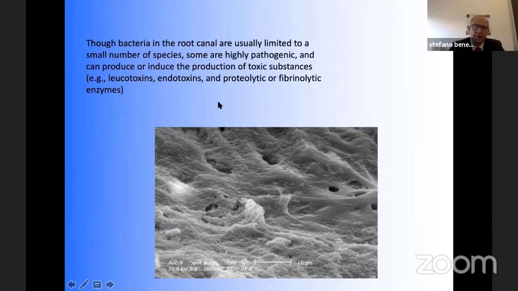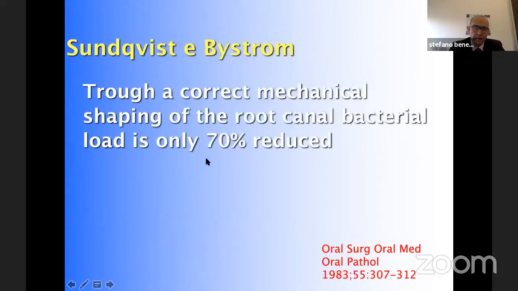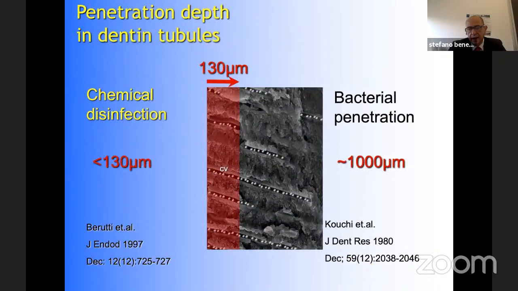Another problem is related to bacteria. Even if the bacteria species in the endodontic space are usually limited to a small number of species, some of these are highly pathogenic. And we know that bacteria can colonize dentinal tubules up to 1 millimeter from the canal lumen. And we know that with the correct mechanical shaping, we can reduce our bacterial load by only 70%. And we also know from Elio Berutti, a great Italian endodontist, that the chemical disinfection with sodium hypochlorite can penetrate only up to 0.1, 0.2 millimeters in the dentinal tubules close to the canal lumen,